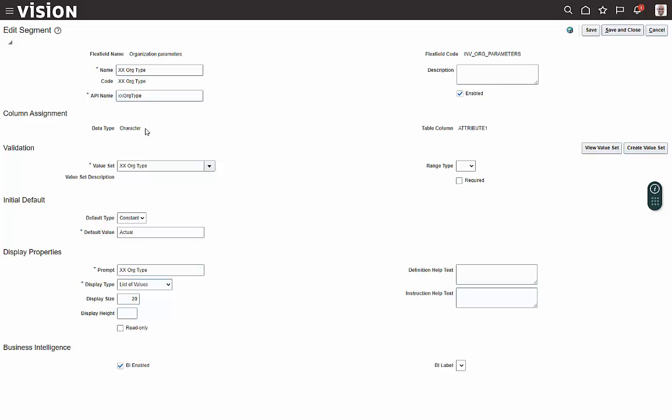You would have to select a data type. In most cases, you're going to select either a number or a character or date. In this case, I chose character. It will default in the next table column attribute that's available. In this case, there were none used, so it defaulted in attribute 1. I created my own value set called organization type. I started with XX just so that we could see that it's a unique value set